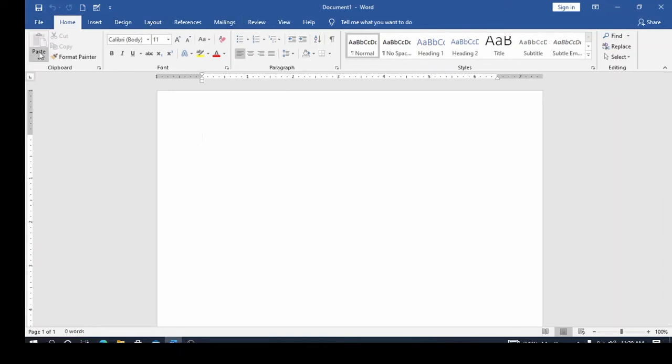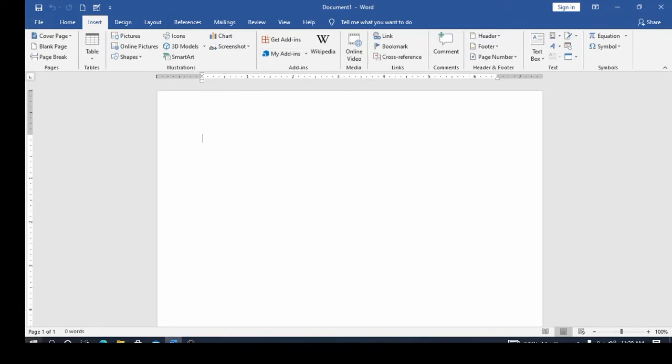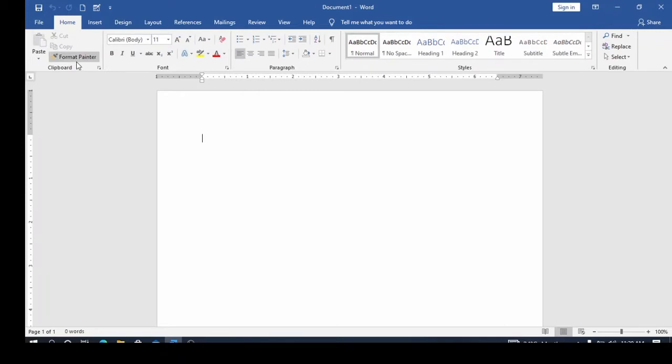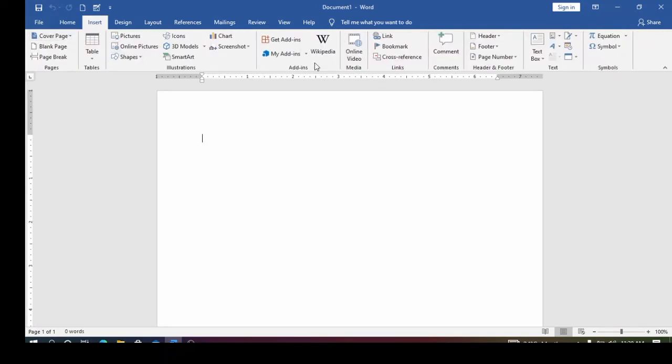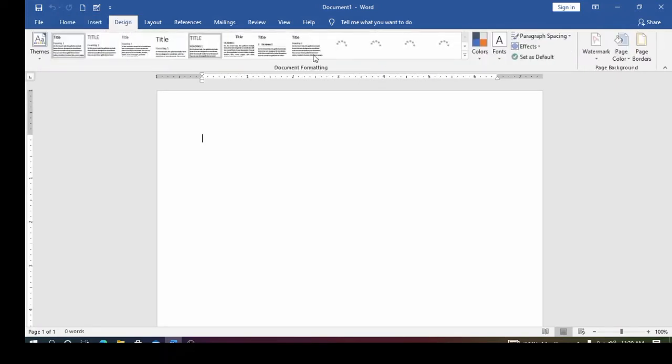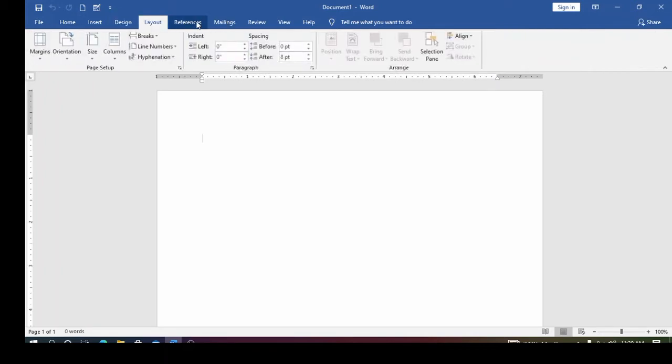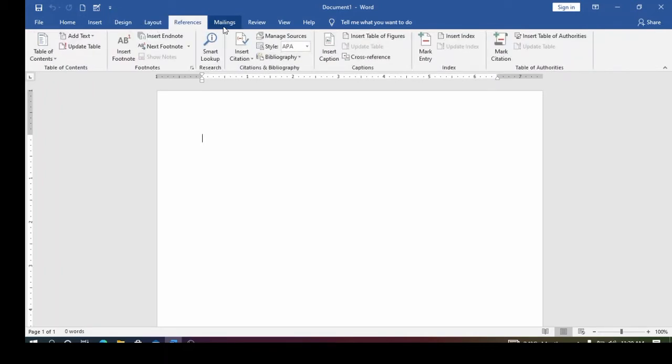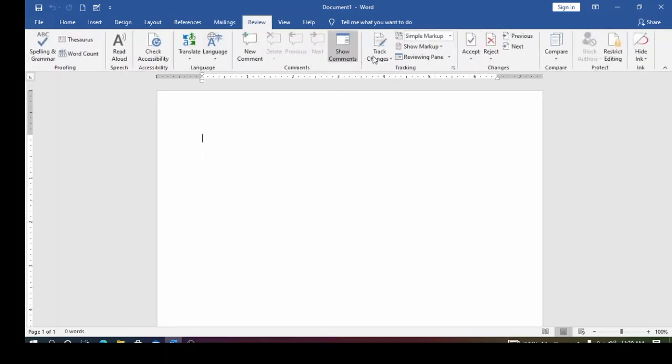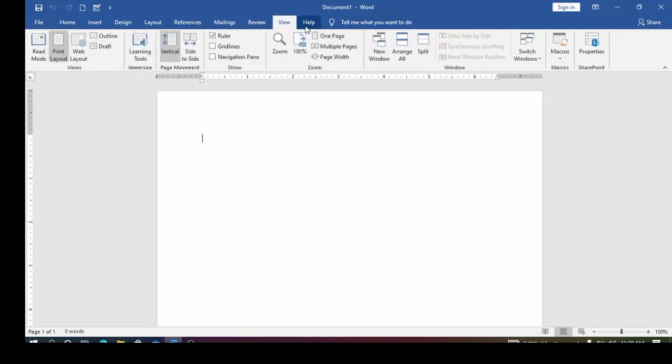Each tab has its own ribbon. These are the ribbons for the Home tab, and these are the ribbons for the Insert tab. You can see that in each of the ribbons we have groups. For instance, the Home ribbon has the Clipboard group, Font, Paragraph and so on. The Insert tab has its own ribbon. So for any tab that you click on, the ribbon available for that tab is displayed. You have layouts and so on and so forth. Okay, so each tab has its own ribbon. Now